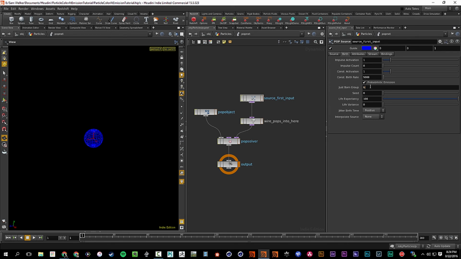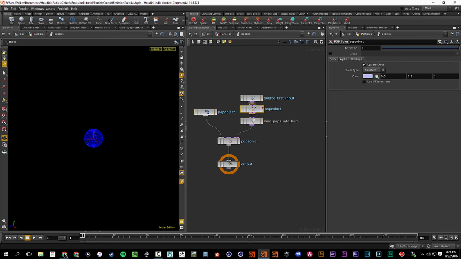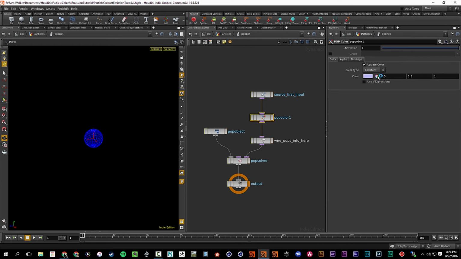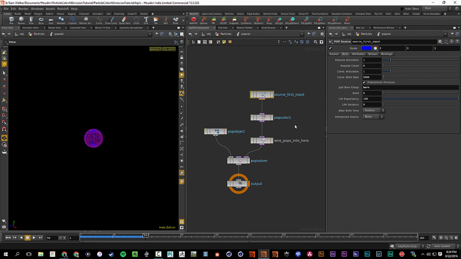So this is going to be our just born group, and we're going to give it a name. We just type it in, and that's all it takes. The next thing we're going to do is set a pop color. We're actually going to change this later and take out that node, but this is just for demonstration purposes. I'm going to set these to be red, and if we just hit play,